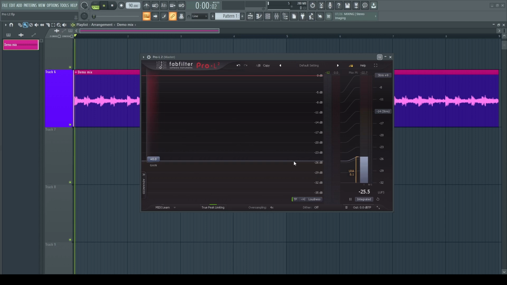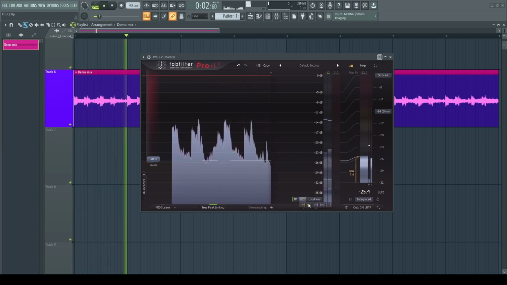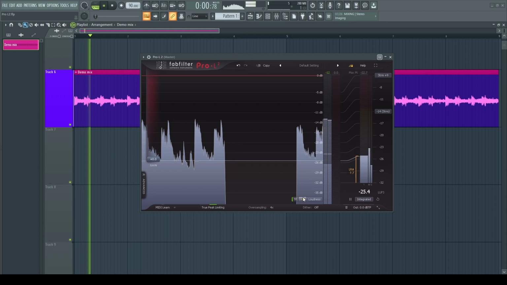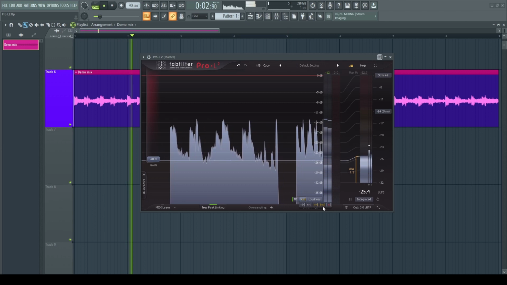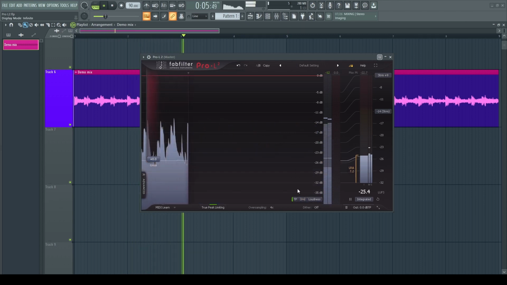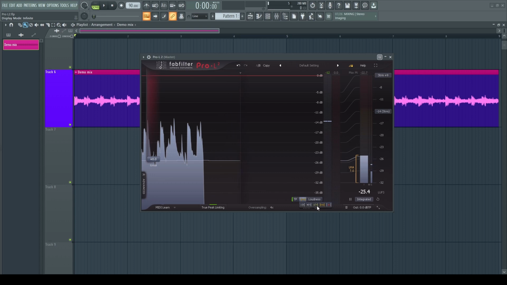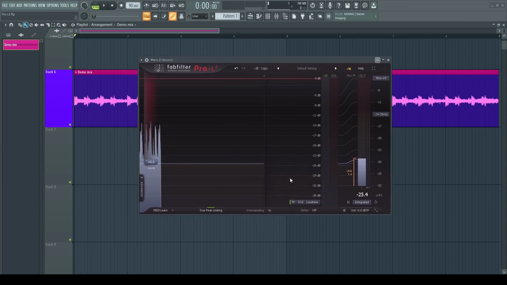Let's go with the first one, the second one, the third one, and at last we have the fourth one. Now the fourth one, what it will do is capture all the signals from the very beginning till the end. From the very beginning you open up the plugin, it will keep adding the signal, so you can see it's still just going on. There's no sound coming in, but it's still going on, and at last you can just turn off the display. So usually it is simple to use the first option.